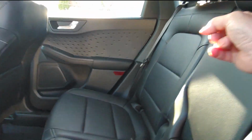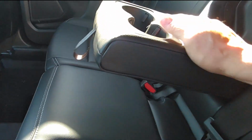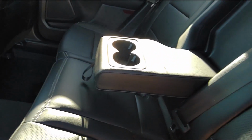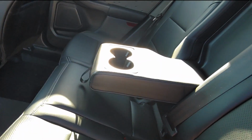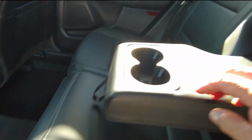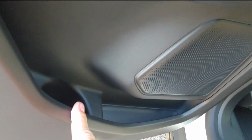Again, you have bottle holders, storage. The rear center console, you have more bottle holders. So back here alone, you have 4 places to store bottles. And when you go on a long trip, you need storage. You need to put stuff in places so you feel good. Coffee, maybe you want coffee. You want to put your coffee over here, and you can put a bottle of water over here, and that's